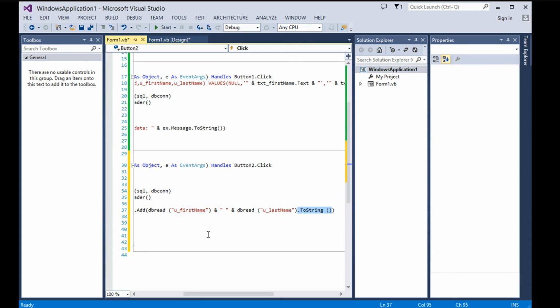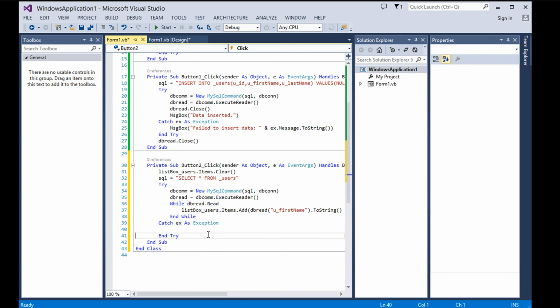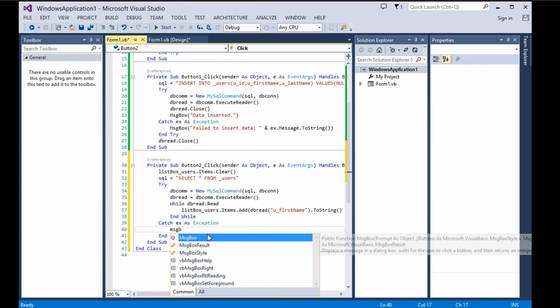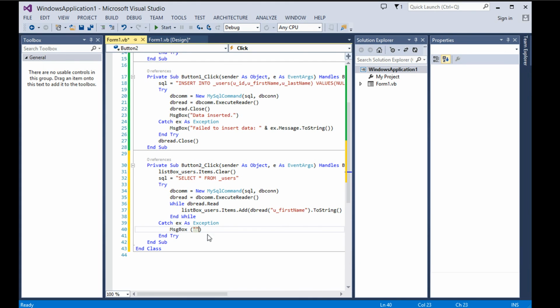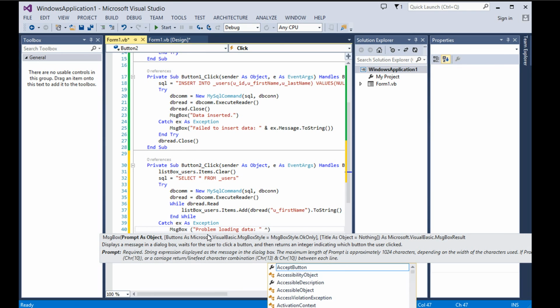Sometimes we forget things. Okay, that's it, we have already done it. Then a message box to alert ourselves: problem loading data caused possibly by